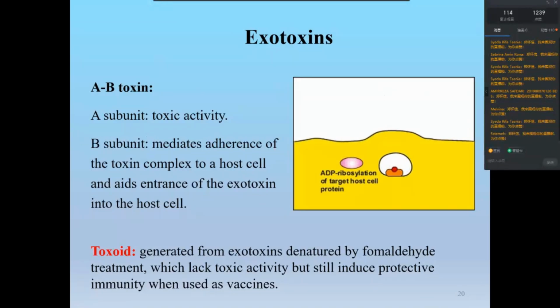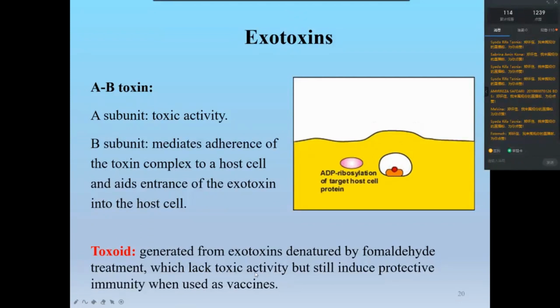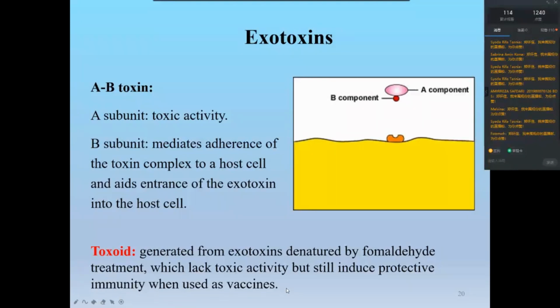And this type of vaccine we call toxoid. It's generated from exotoxins, but denatured by the chemical formaldehyde. The protein is denatured, it's not functioning anymore, it's not toxic anymore. It lacks toxic activity, but still induces protective immunity, and we can use it as a vaccine to stimulate the immune system to produce antibodies and memory cells. So this is one type of vaccine we are still using